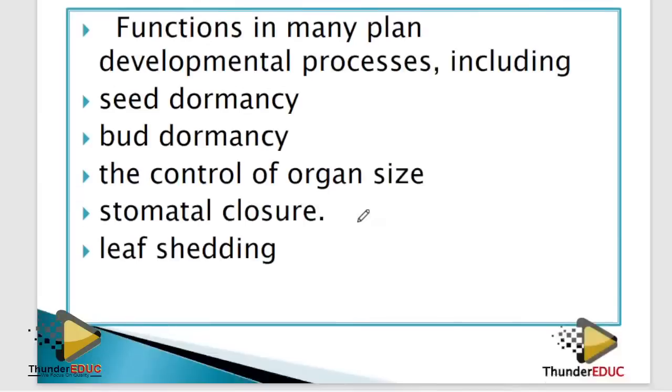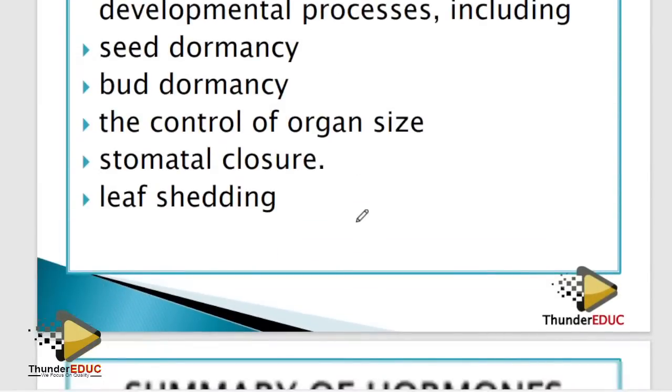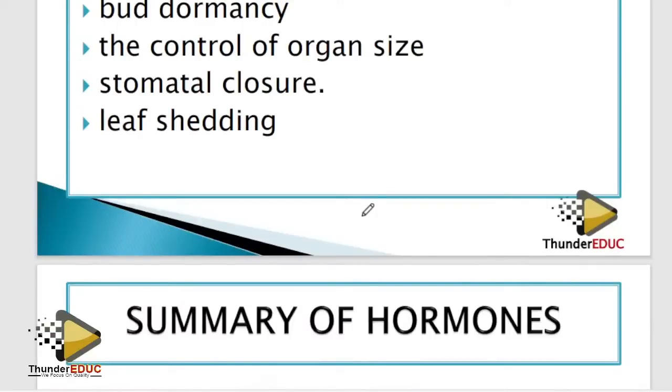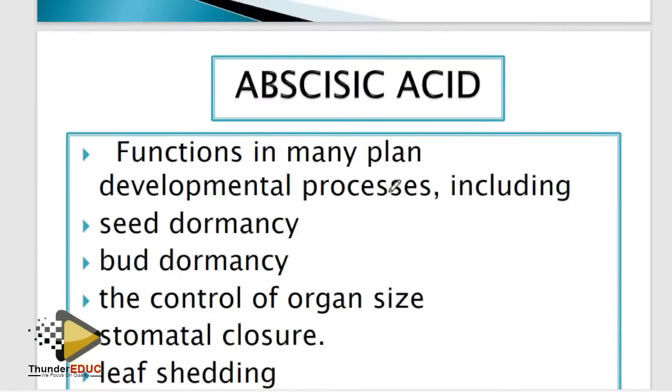Abscisic acid is for dormancy, not dominancy. Dormancy. Someone says that you are dormant. That is an insult, man. Imagine someone says you are dormant in bed. Oh, man, you are dormant. It means that you have too much abscisic acid. Anyway, humans don't have abscisic acid. So dormant means that you can't do anything. You are like cockroaches in winter. Do you have cockroaches at your home in winter? Don't tell me that you don't have cockroaches. You have. Even I say that South Africa has a problem with the cockroaches.